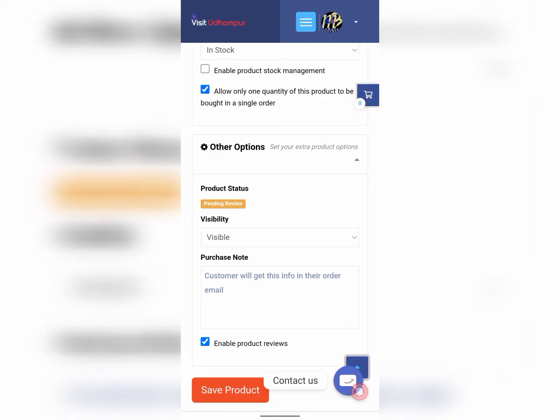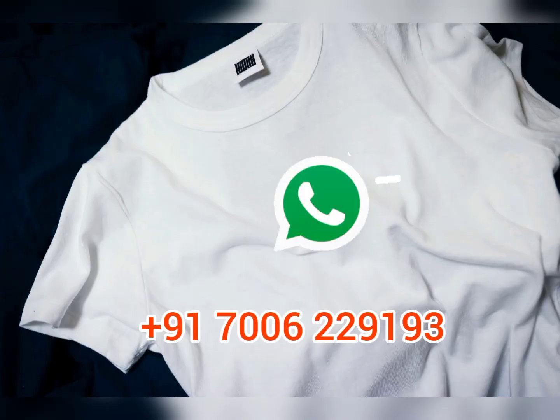You can also manage stock. Please do click on allow only one quantity and at last save. This will save your product. If your product has variations, such as your product has different colors or the price of the product varies with respect to the size or any other variation, kindly WhatsApp